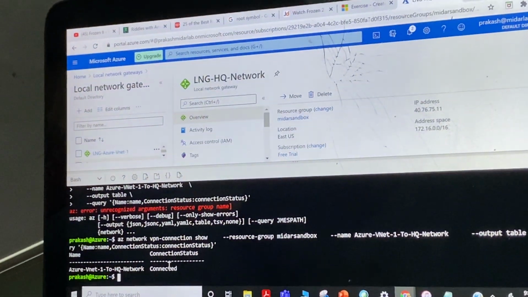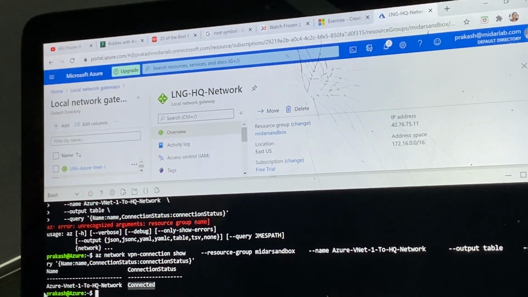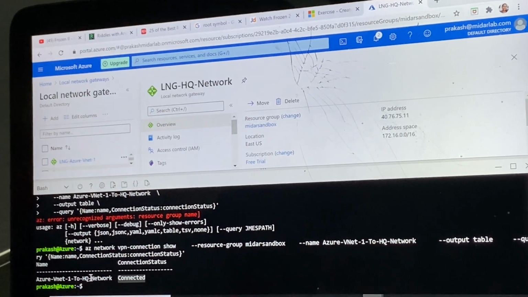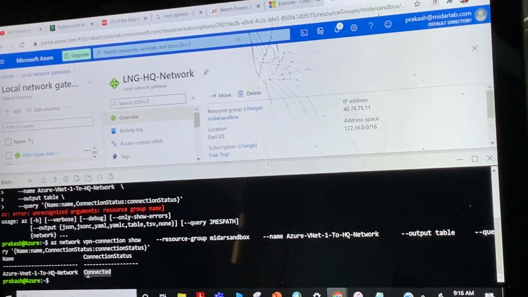We got it. This is the Azure virtual network, and this is the on-premises network. It says the connection status is connected.